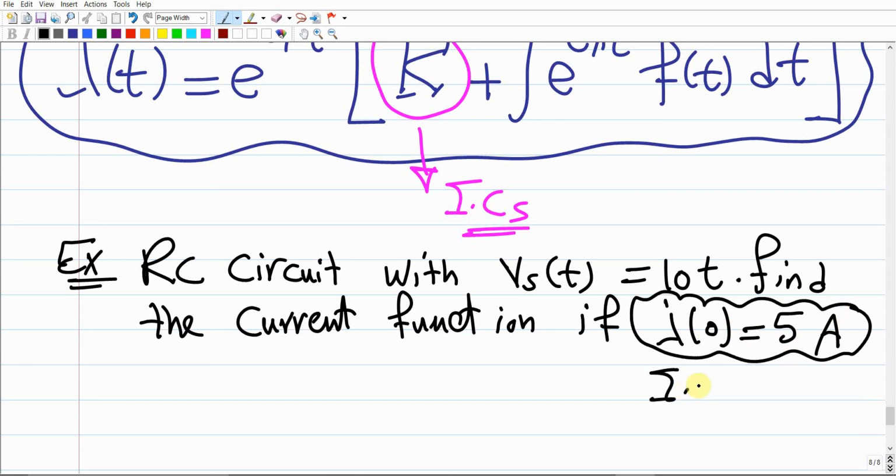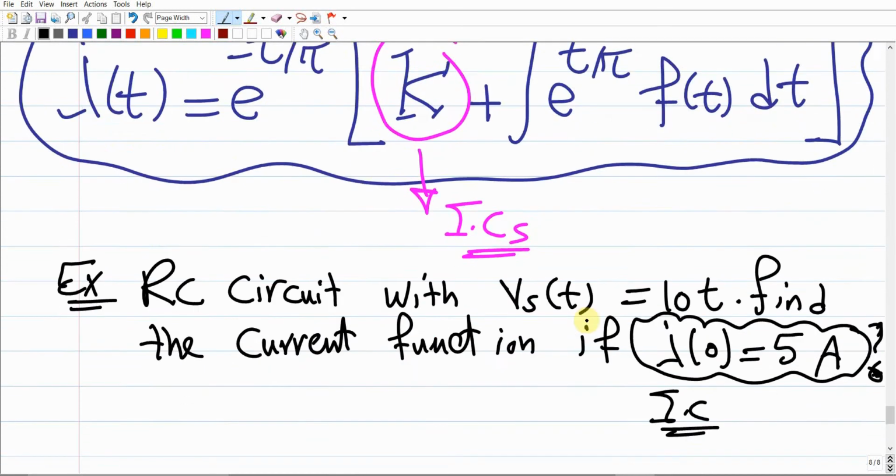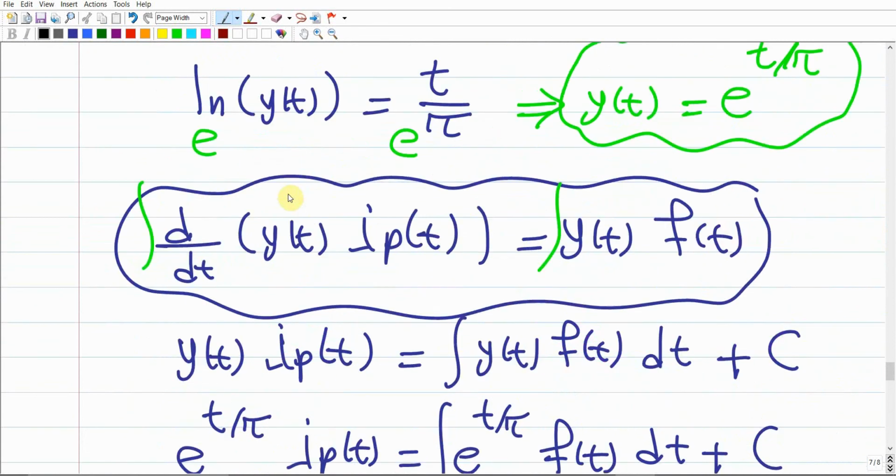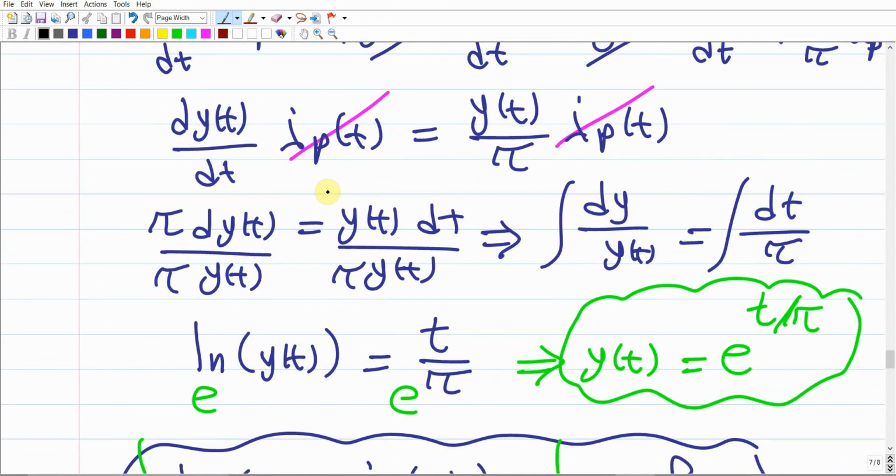So what does it mean, I of 0? This is the initial condition that I'm talking about. Like at the instant of t equals 0, there was a current within the electrical circuit. This current was with 5 ampere value. So how much is the current as a function of time? We need the current function as a function of time. So your objective simply is just to write the equation of the RC circuit. What is the RC circuit equation? If you go back here,